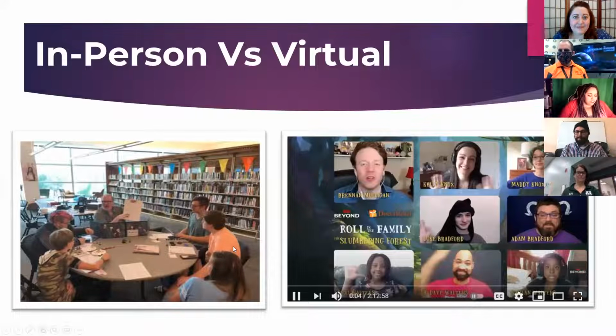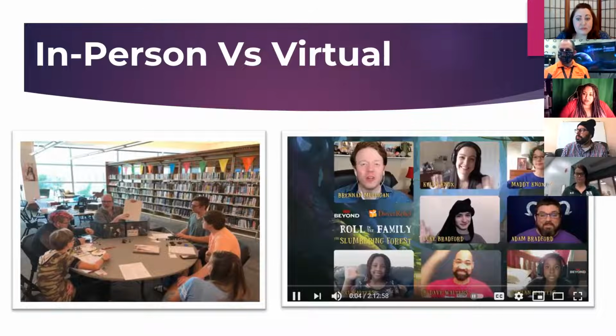Okay, so first thing you guys need to figure out, right now we know we're doing a lot of virtual programming. So you need to decide if you're going to run an in-person or a virtual program. And as you can see, this is actually our teen area at Central Library, because we were doing some D&D programming there last year. And then this is actually from a YouTube show that was for charity, where they had parents and kids playing together. So I highly recommend it. It was great to watch. So if you know which way you're going to run your program, that's going to influence what kind of resources